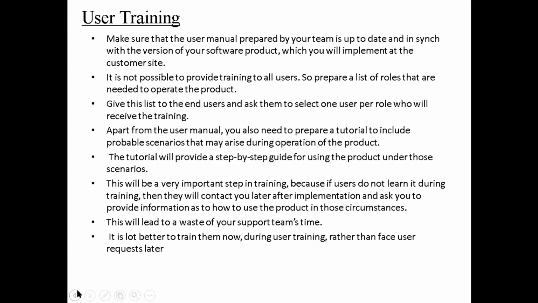For example, you can say for every role, I'm going to train 2 people. For a bank like ICICI, they have 1,000 employees all across the country. So if you can't train all the 2,000 employees, you can tell the bank that you have 10 roles with the software, and for each of the 10 roles, I'll train 10 people. These 10 people can go and train all the other people. So these are some of the user training measures.